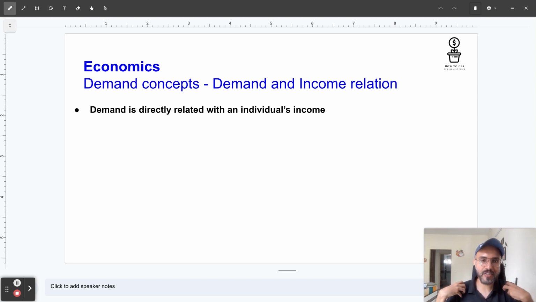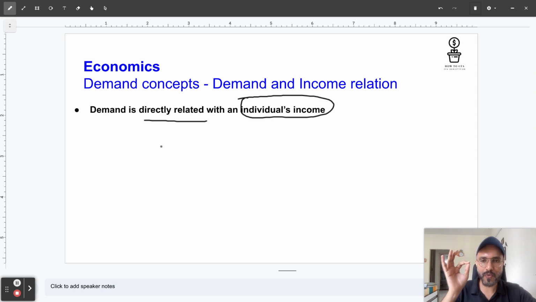You will say, yeah, now my salary is higher, now I can afford this phone. So what does that tell you? That with the increase in salary or income, the demand of the good increases, and hence, continuing the demand concepts, demand is also directly related to an individual's income. So, continuing our philosophy of drawing graphs and creating pictures out of these concepts,